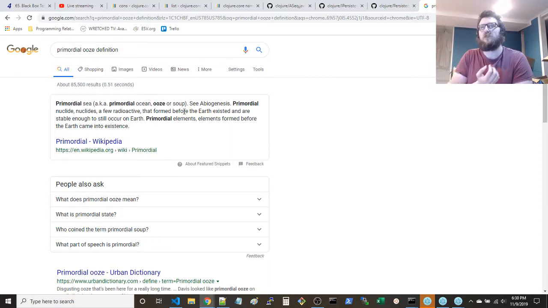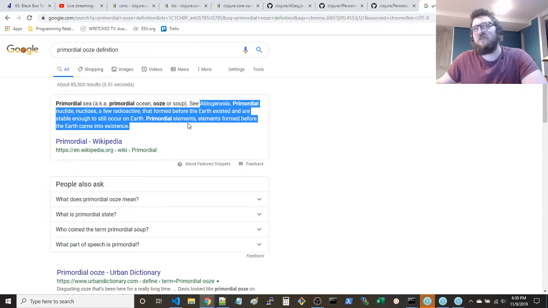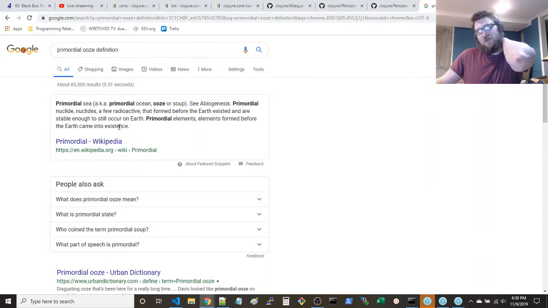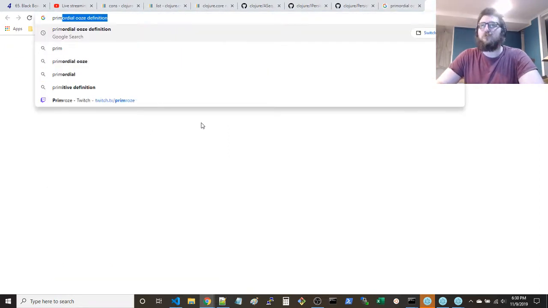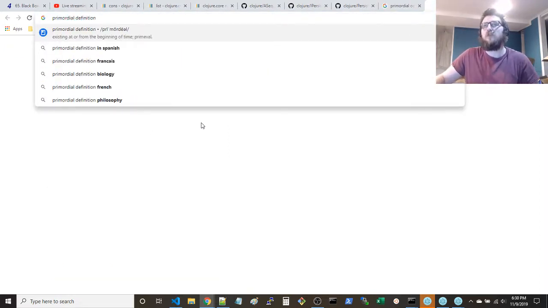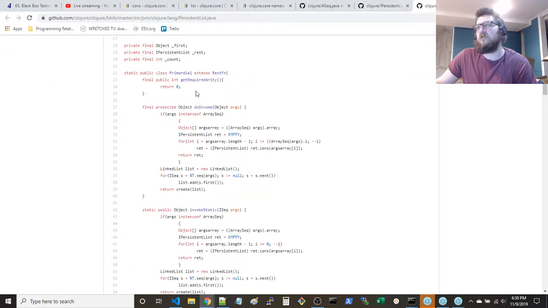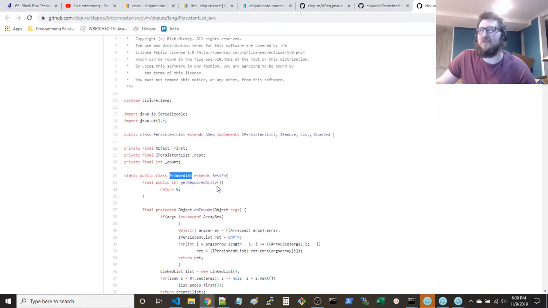Primordial sea. The elements before the Earth came into existence. That's the primordial ooze. Existing at the beginning of time. Primeval. Primordial.